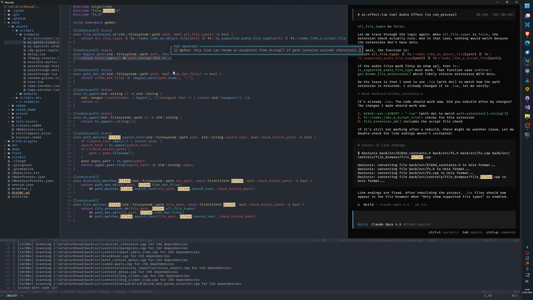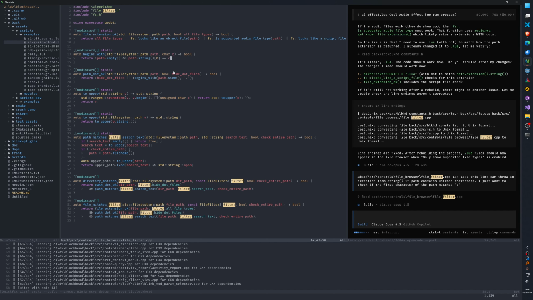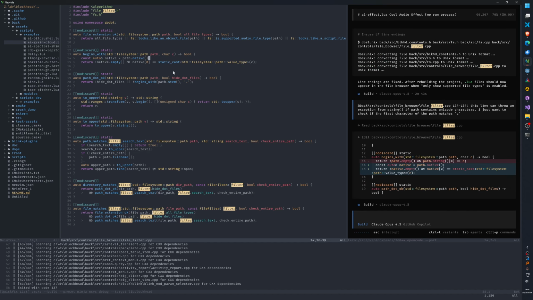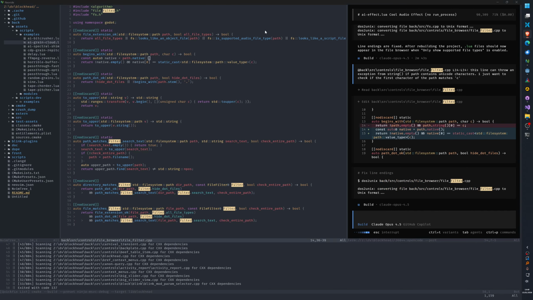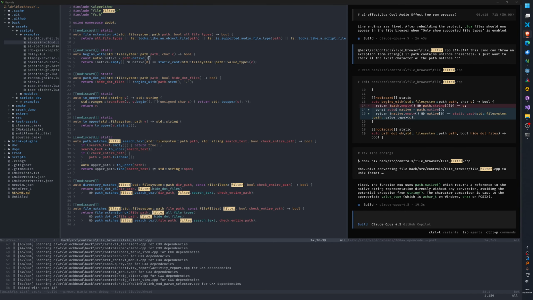Characters. I just want to check if the first character both matches. See. Path.native. I don't know what that is. What is path.native? File system path native.